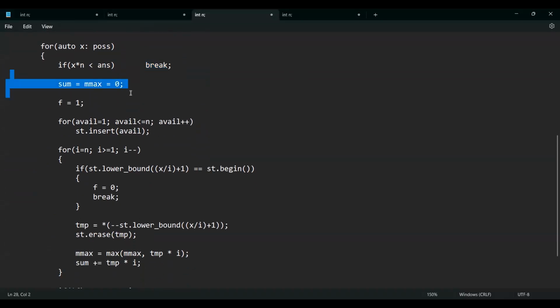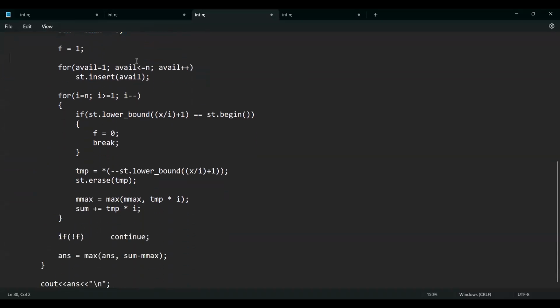Otherwise, my sum is 0, maximum is 0. I'll insert all of the indices that are available to me, so I'll insert 1 to n in my set. Now I'll try to give each of the values the maximum index that they can be given, so from n to 1,